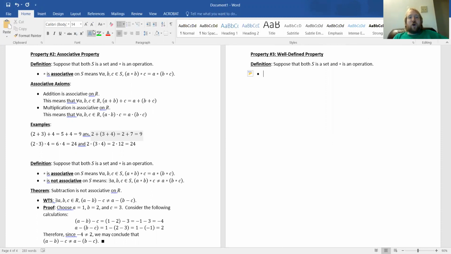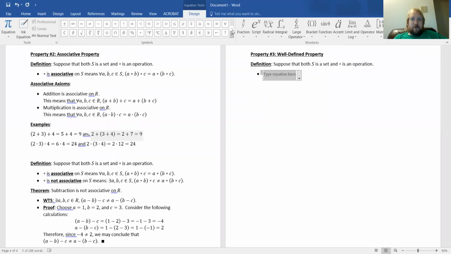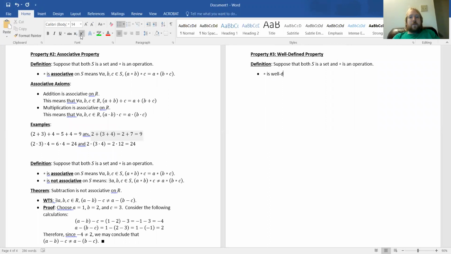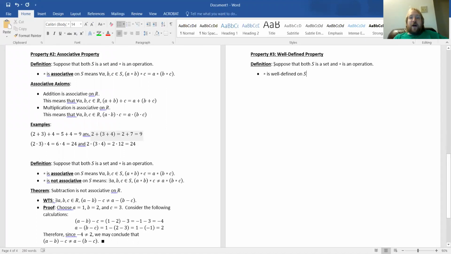We say that star is well-defined on S. And well-defined is hyphenated. And this means